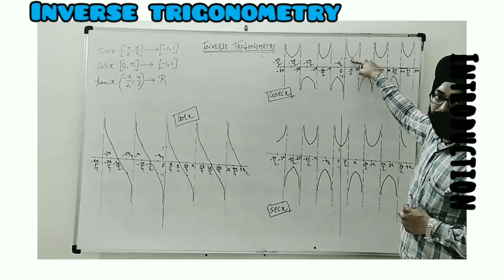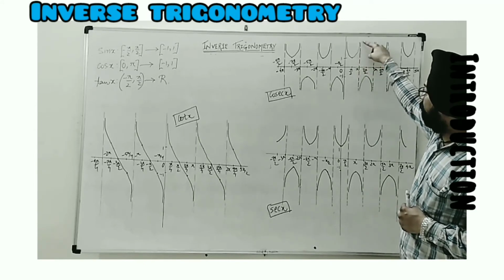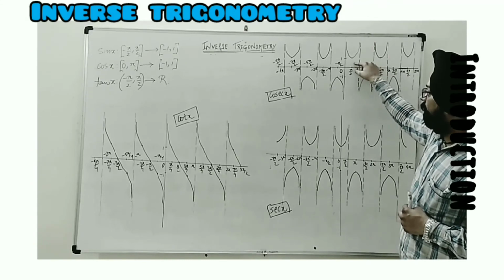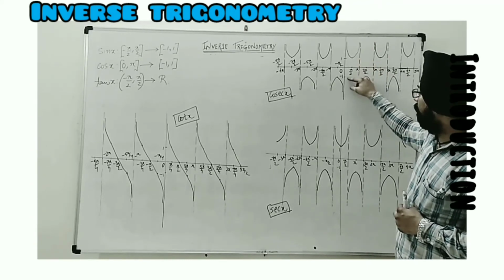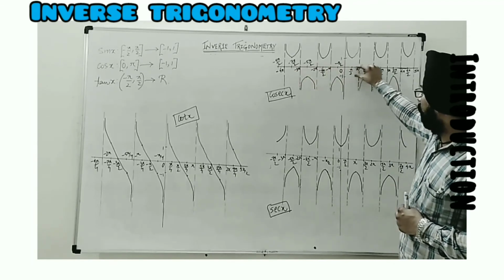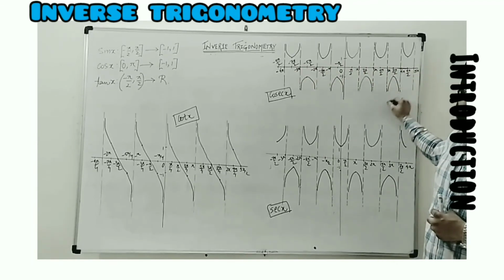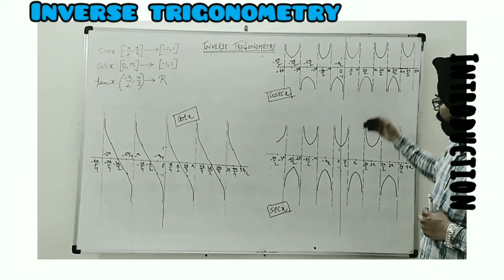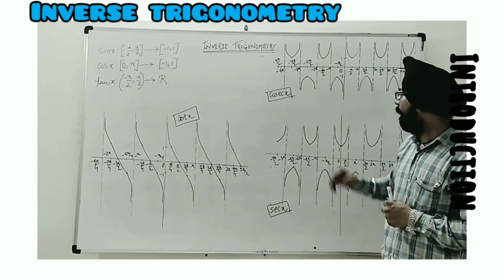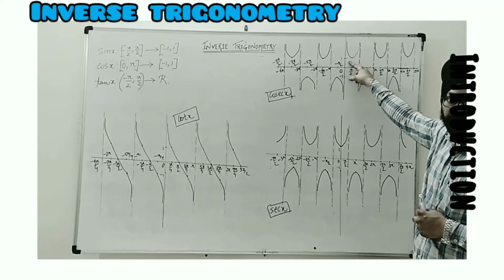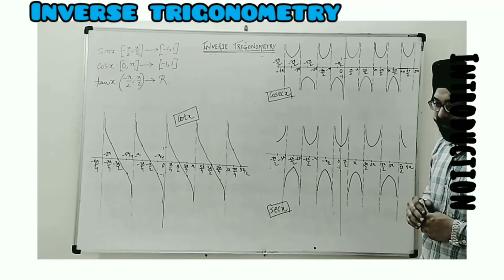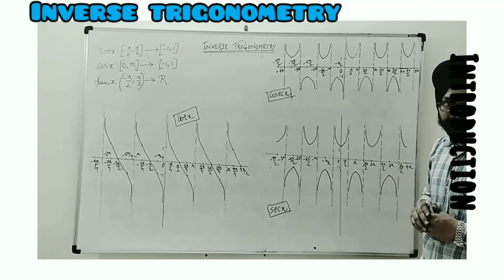Its last point is 1. Then from here it goes in reverse order. This portion does not appear. The same is below the x-axis also. You can see in this portion above minus 1, the graph portion is not available, and we find the same nature in sec x. So these two are such functions which are not defined between minus 1 and 1. Okay, now what do we do to make them bijective.